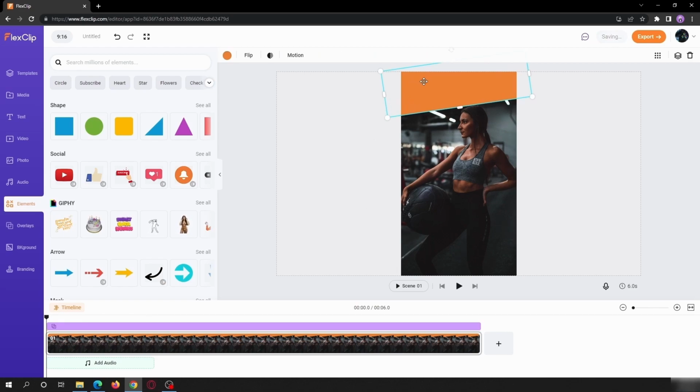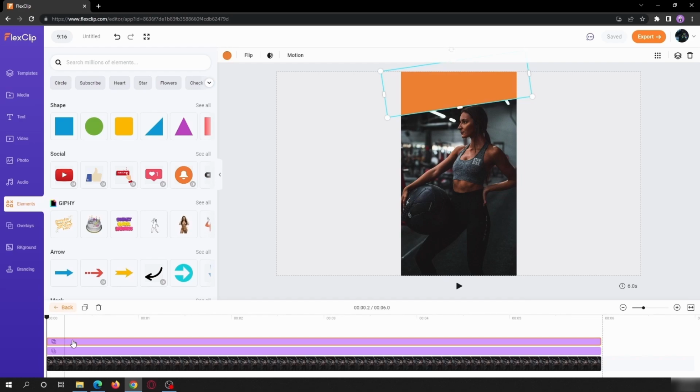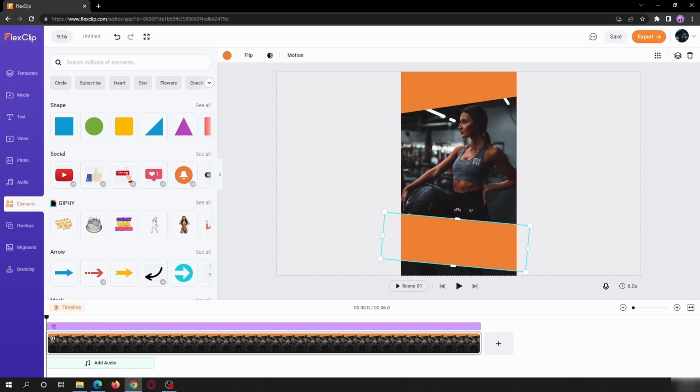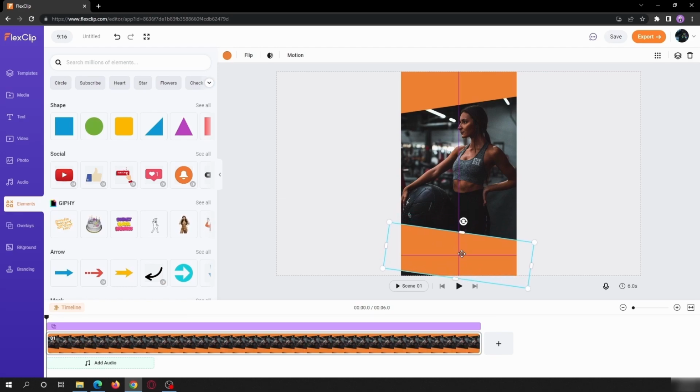Currently it is copied at the same location, and you can check if there are two layers or not by clicking on the timeline here. And as you see, there are two layers here for the shape. So let's drag this shape at the bottom and tilt it in another direction with the same angle value 8, and drag it a little bit down, and let's drag it again a little bit down, this handle a little